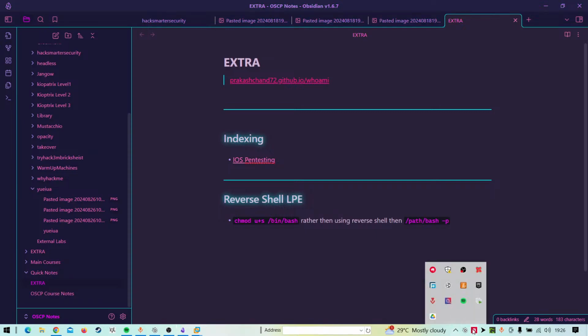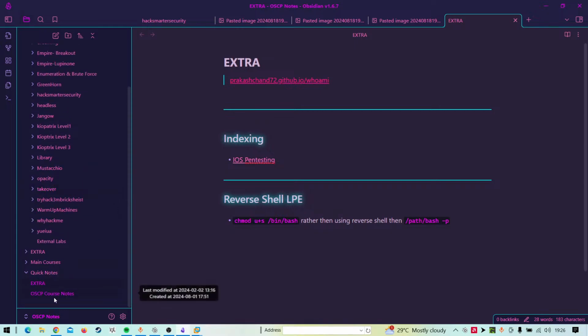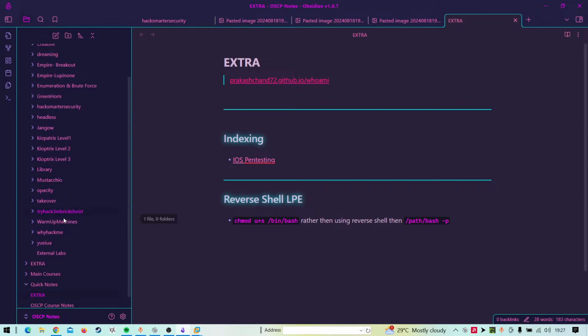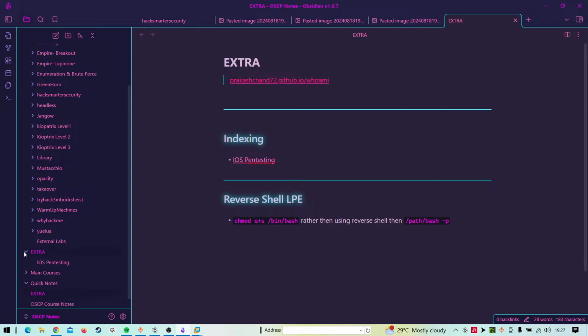I generally do the machines on Windows, if you see, but I want to switch back to Linux. It's not that I don't know Linux. It's just that using Windows and attacking on Windows makes things easier, in terms of GPU consumption and all that. But obviously, if you have a single-booted Linux, that's a plus point for you. And if you don't have a VM, that's also okay. I generally do it on Windows, but only for the video, so people might not misjudge me that I don't know Linux or something.